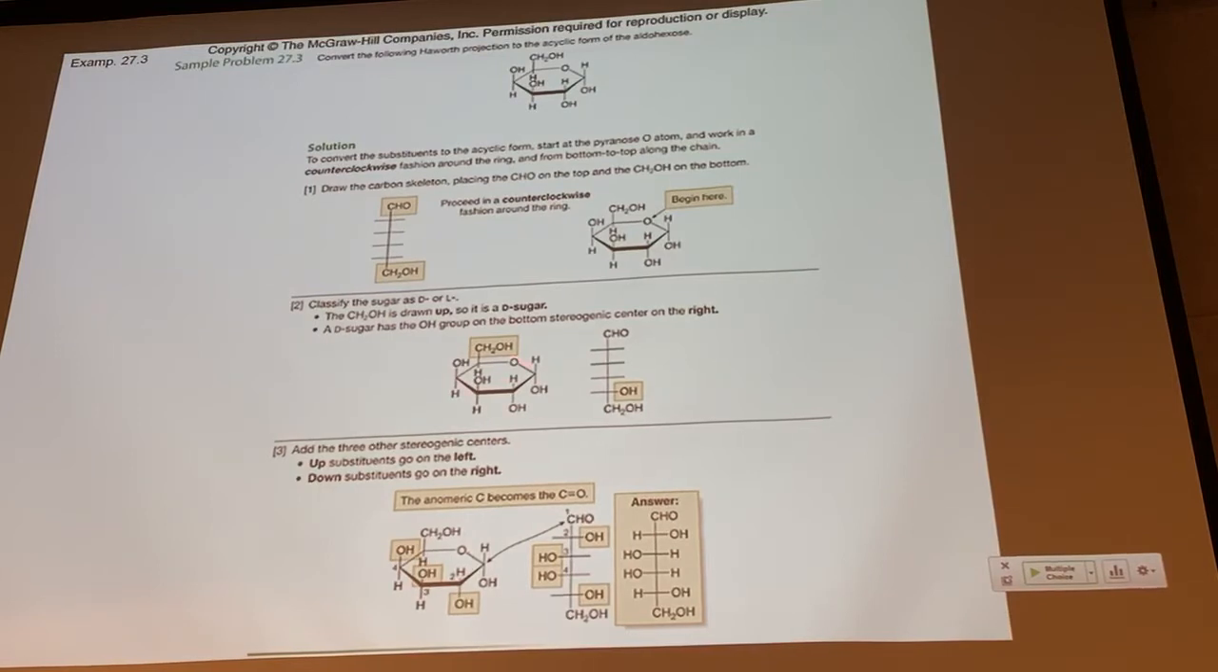We take our Haworth projection, and your chair is having problems, I guess. Sorry about that. We rotate that Haworth projection 90 degrees